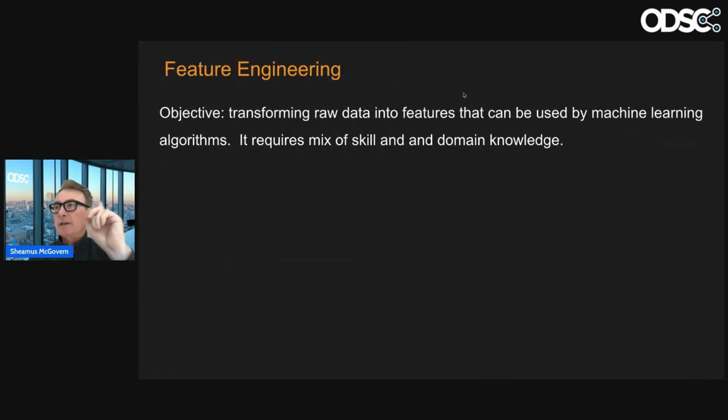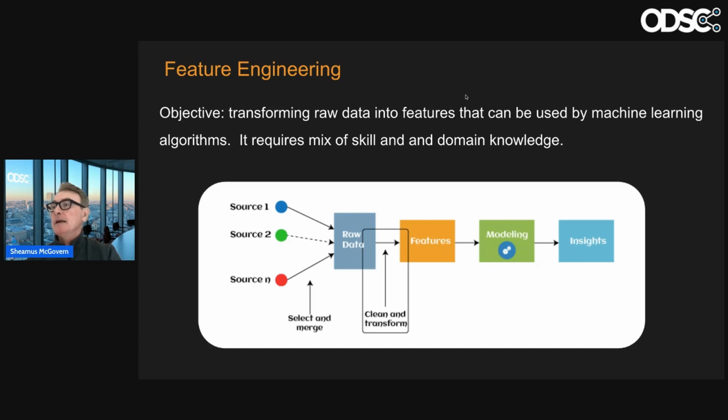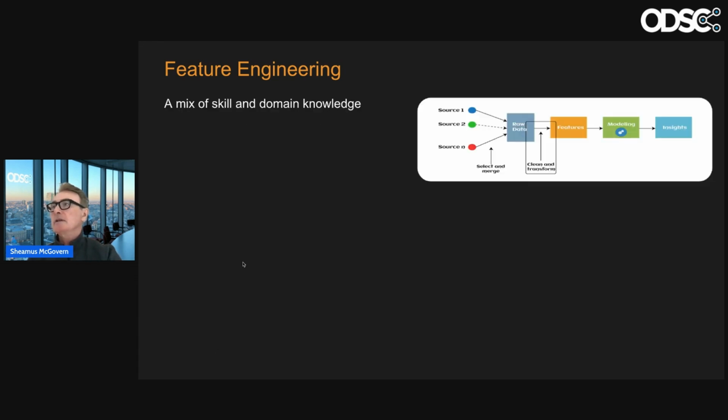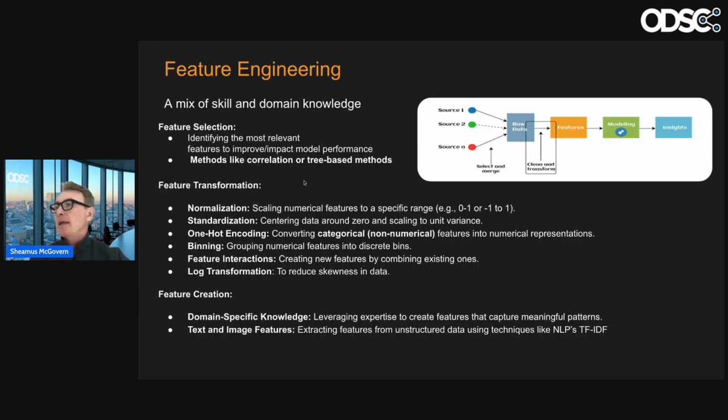One of those columns is a very special column called the target feature. The rest are features that may or may not impact the price, right? So you have your raw data, you figure out which ones are your features, then you do your modeling, and then you give your insights, right? So this is your source here. And here's a quick slide on feature selection. We'll talk about these again: normalization, standardization, one-hot encoding, binning, log transforms, and all that good stuff.